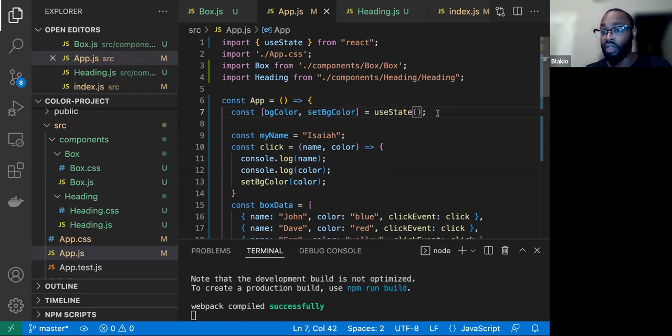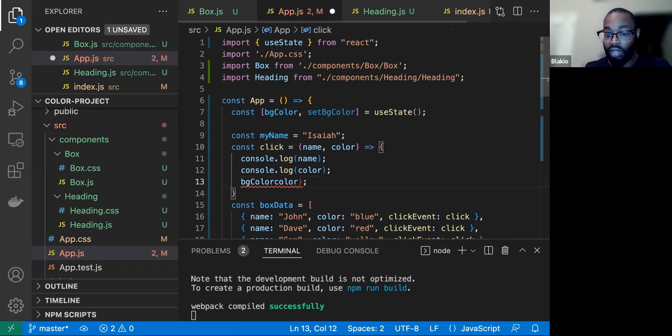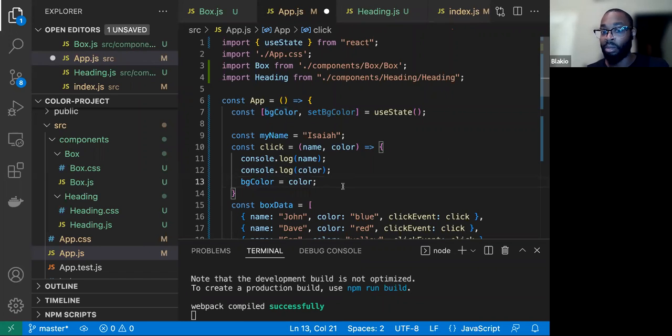Now, this is the value, like that red, blue, green, whatever. This is how we change the value. Normally before, when we were changing variables, we were doing something like this: this equals a different value. That's how we were doing it. But in React, you're not supposed to do this. And the reason you're not supposed to do this is because you want to make